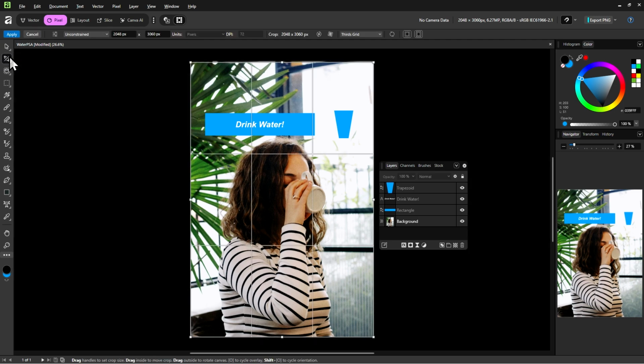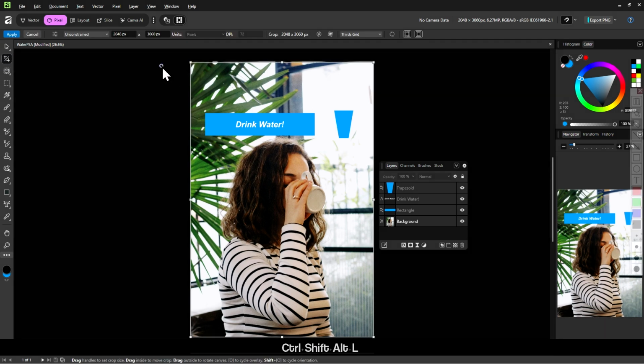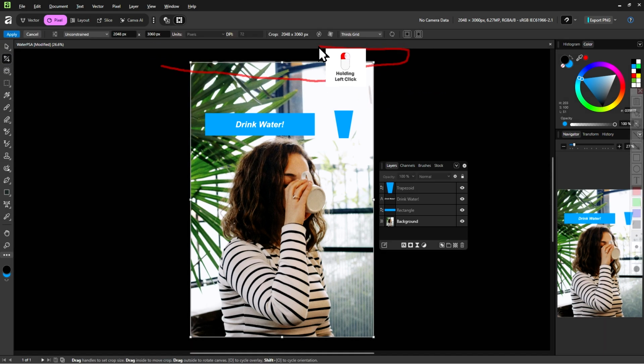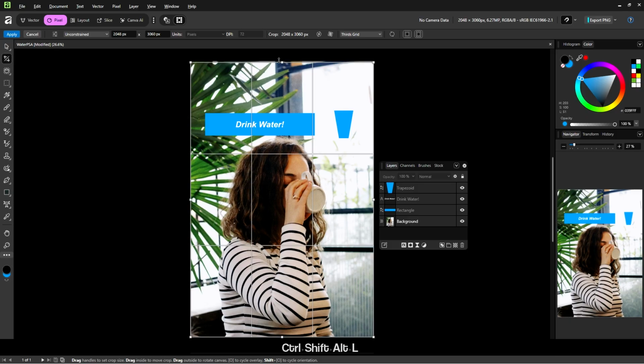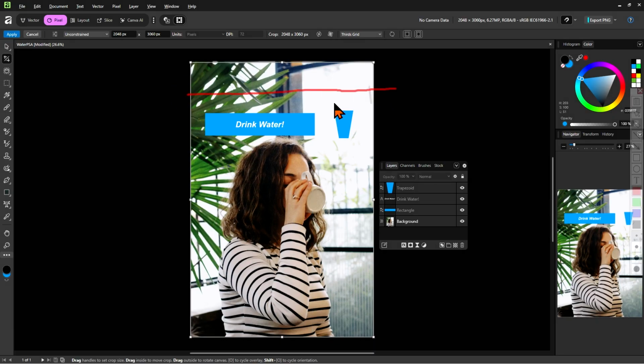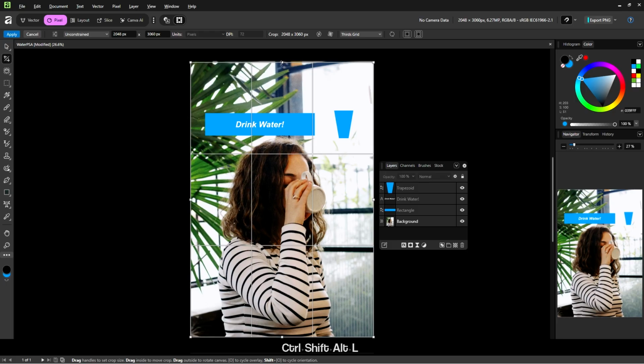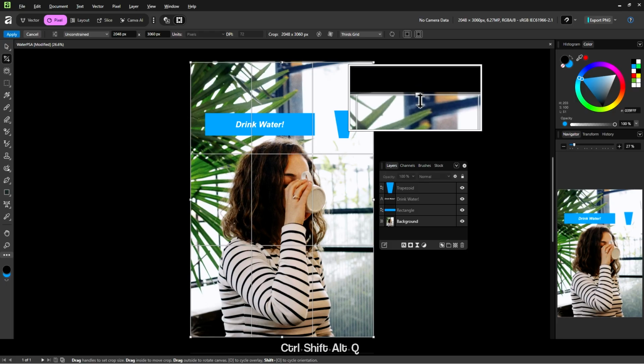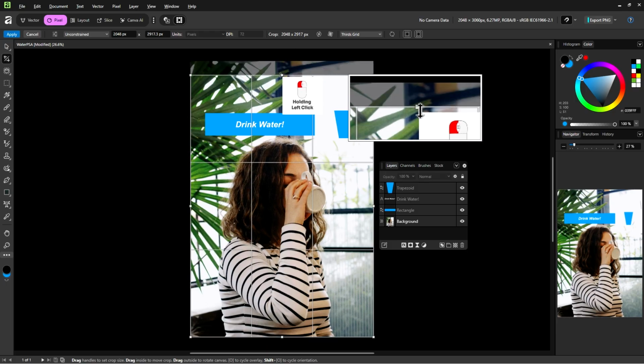Click on the tool and we get a box around the canvas with these squares. These squares are how you crop out the unwanted areas of your canvas. In this case, I want to crop the upper areas of this canvas. So I will drag this square at the top down.